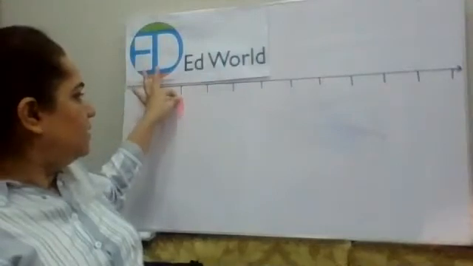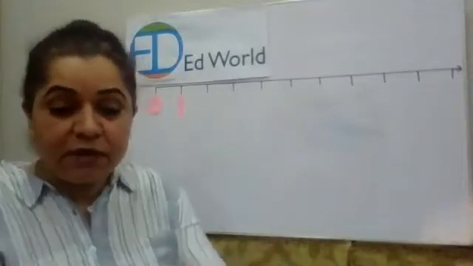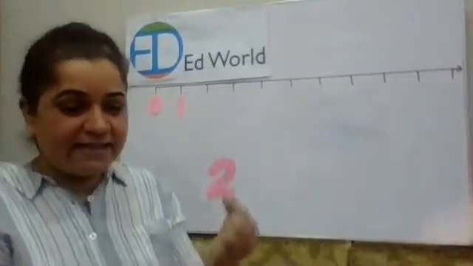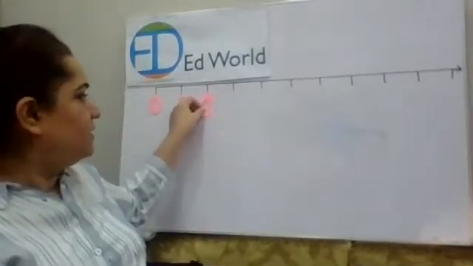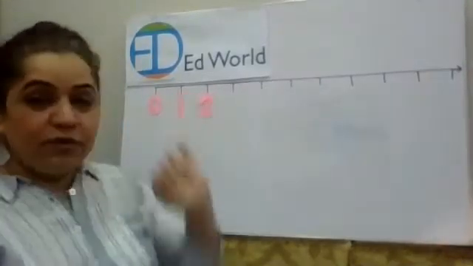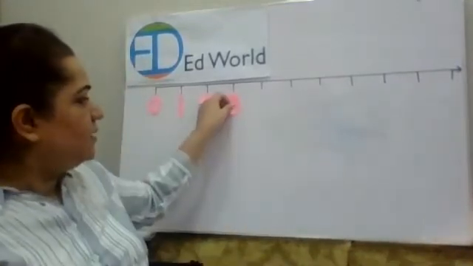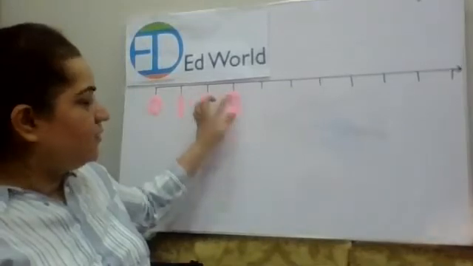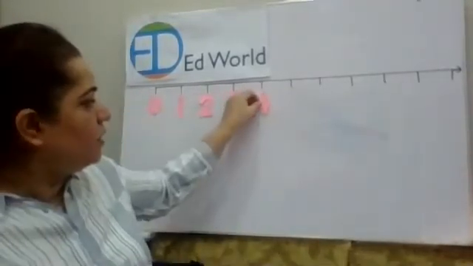Yes, number 1, right? Yay, that's great. You know what comes after number 1? Yes, number 2. So we are going to put here number 2, right? Then, yes, number 3, right? And number 4,